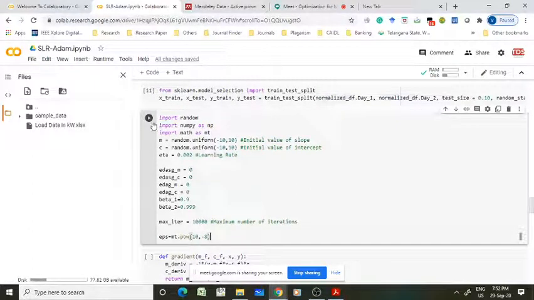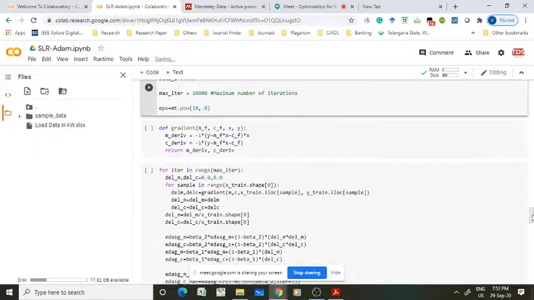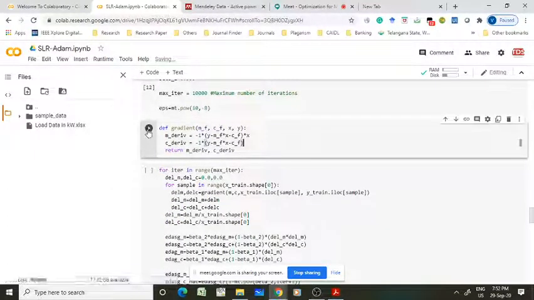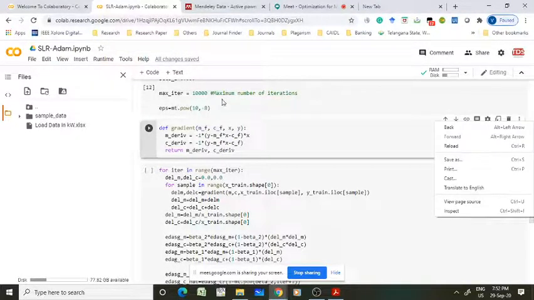All the parameters you have to initialize, similar to the previous example. Then the gradient calculation and the Adam optimizer algorithm. So I will put 100 iterations.